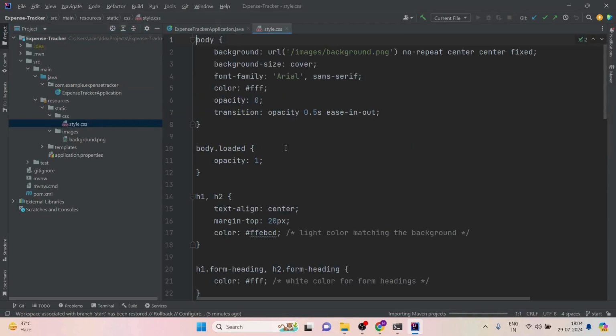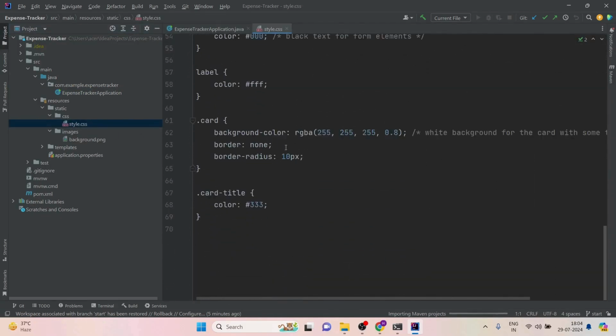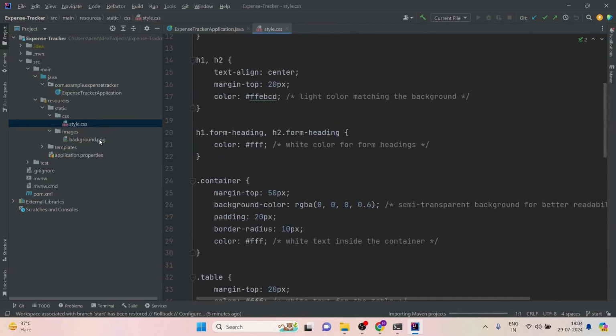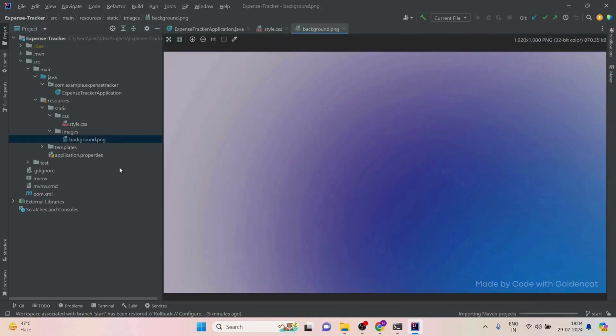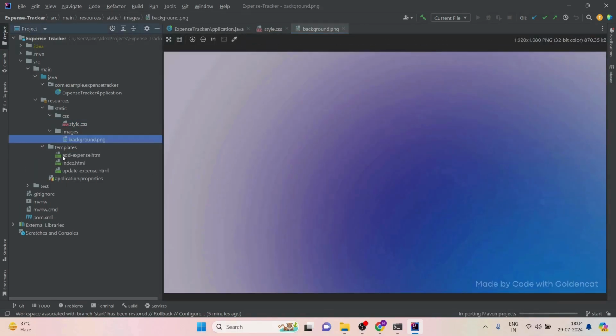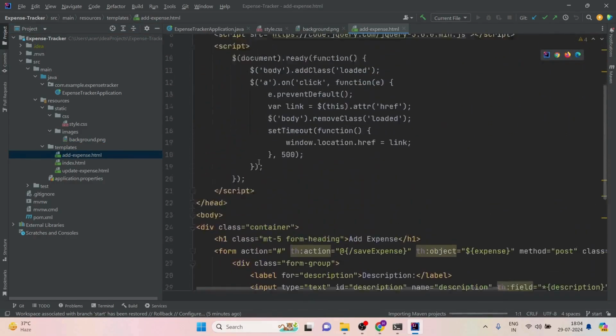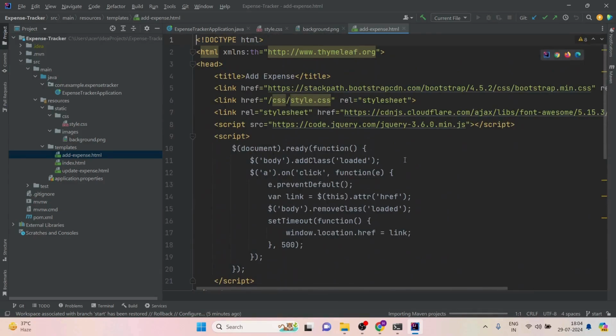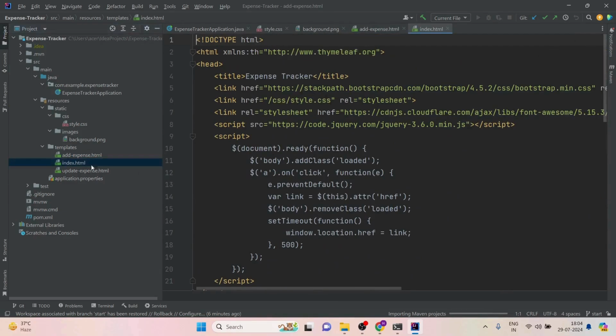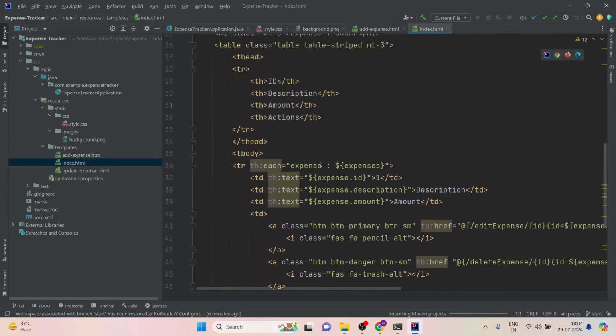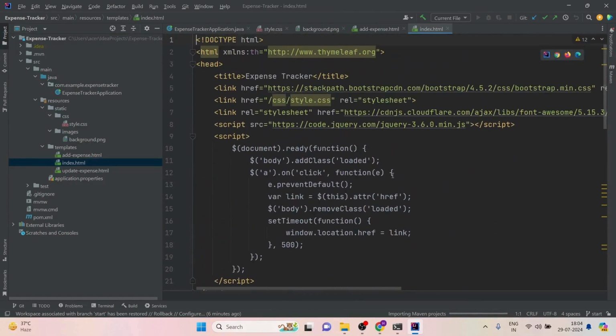Now this CSS file contains a bunch of custom CSS that we have defined for our views, and then we have this background image for our application. For the templates, we have this add expense HTML page, which is used to add expenses into our application. Then we have this index.html, that is the main page that shows the total expense and the list of all expenses that we have added for now,